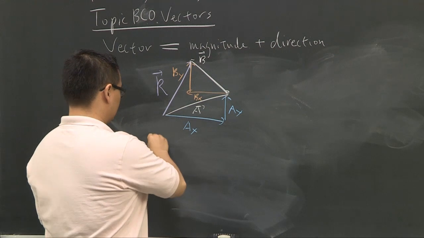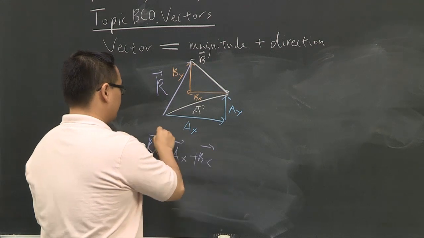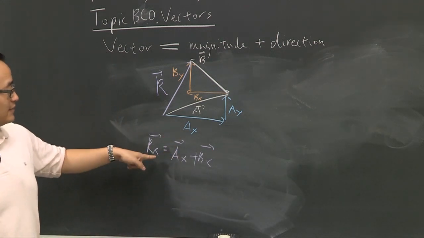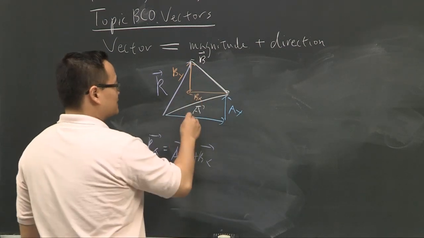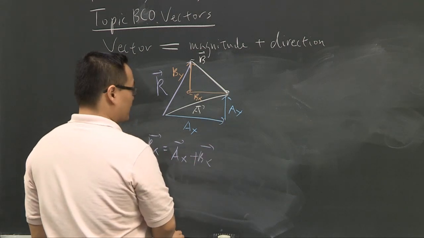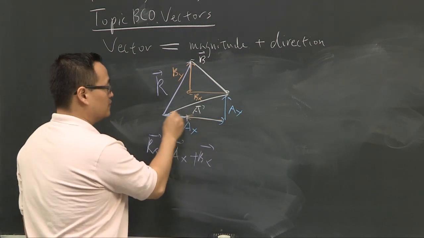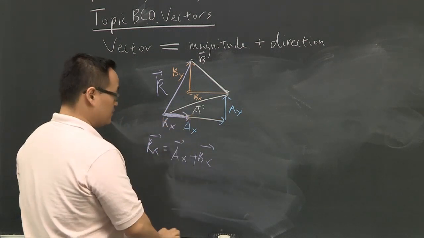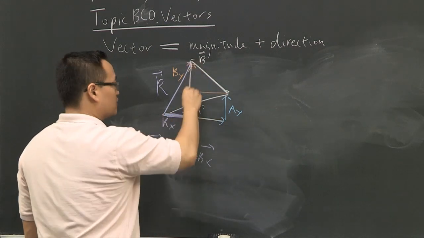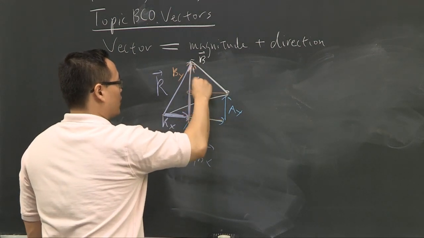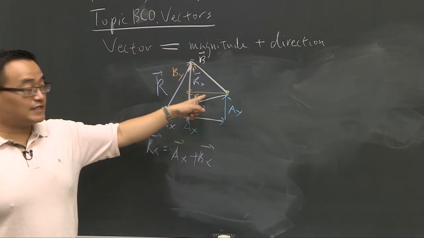Right? So what is your Rx? Rx is technically AX plus BX, right? Vector speaking. But in this case, your BX is in the opposite direction, right? So you move your B down, you realize that if you connect head to tail, B looks this way, right? So this is your Rx. And Ry is simple. It's just the sum of the two. Ry is just that. Okay, so hypothetically speaking, if AX is 10, BX is 7, Rx is going to be